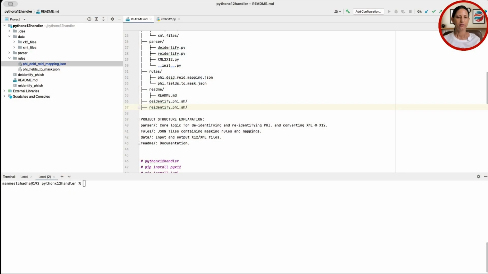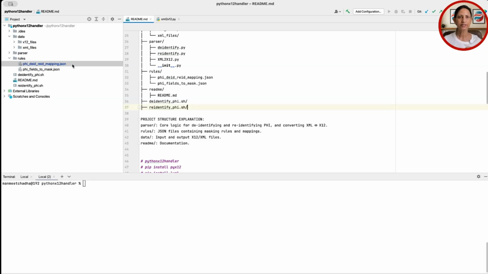There could be a requirement for re-identifying the masked data. For example, during research, it was found that the patient lab results are not satisfactory and should be conveyed. In that case, the PHI identifiers should be re-identified, and let me show you how to re-identify them. So for re-identification, the main file that's utilized is the mapping rules file. The mapping rules file, as you see here on the left side, is highlighted here.